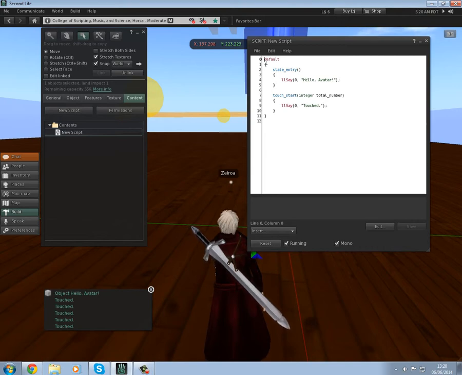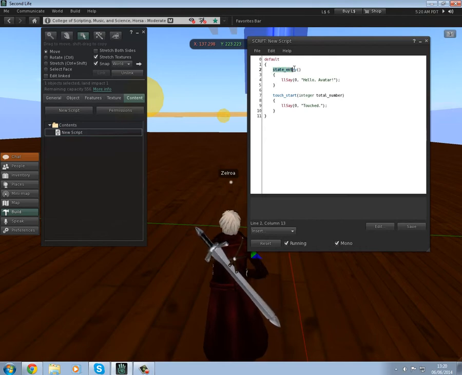The default, all the event functions go inside the default area. So the default, all the content for our script should go in here, with some exceptions. I'll explain later. And what we have here is state entry, and this is an event. The state entry means first loaded, so I'm just going to type here, this is a comment, // twice, I'm going to say